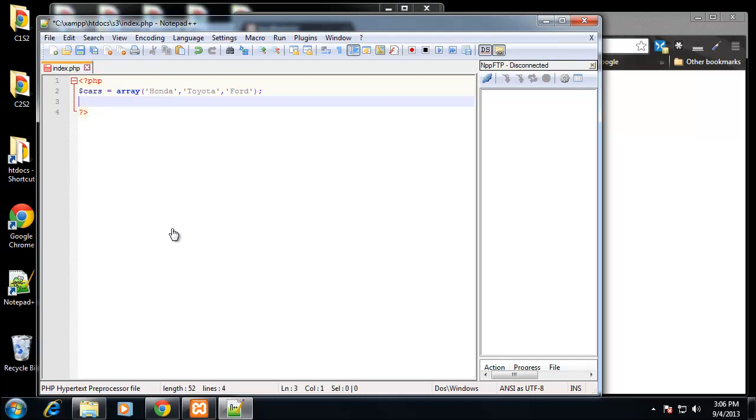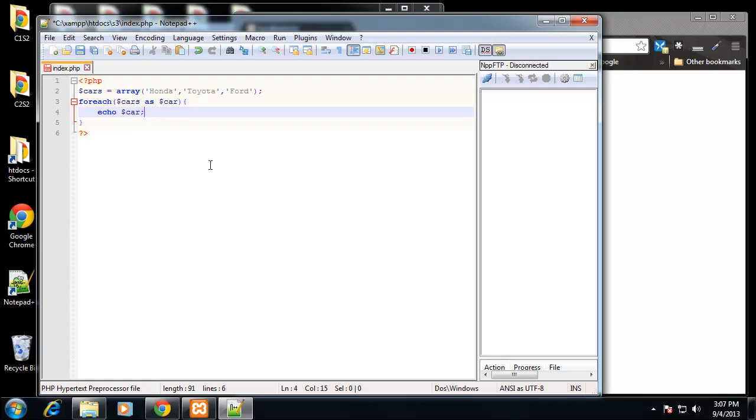Now, if we want to cycle through the array and display or do something, we want to use a loop. In PHP, most of the time you'll use a foreach loop when you're dealing with an array. So we can do this by saying foreach, and we want the name of the array, so cars, and then the as keyword, and then what we want to use as a variable inside of the loop. So in this case, it will be car. So we're saying foreach cars as car, and then we can echo out